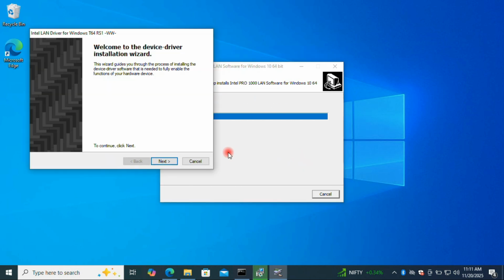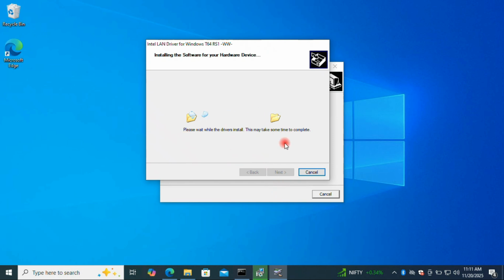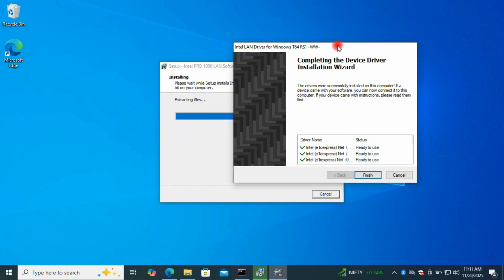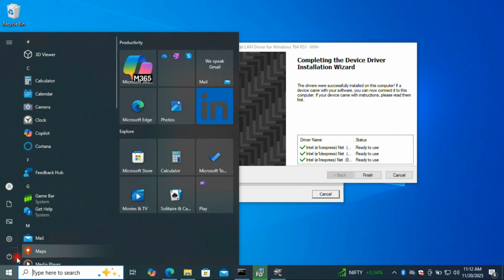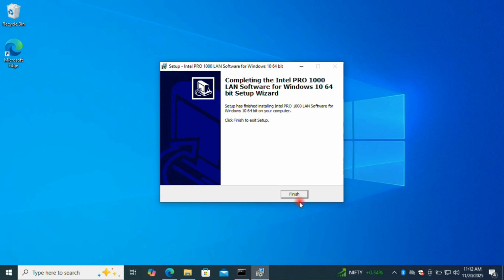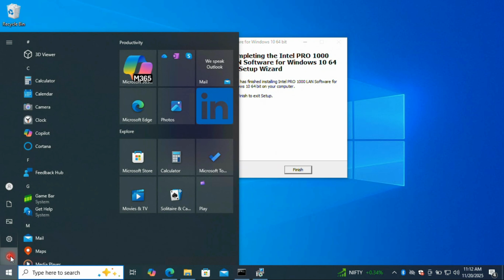Click the next button. Now click the finish button. Ready to use. This is the complete installation. Now after that restart your machine. After completing this installation, restart your PC or laptop. Now restart. Click finish,